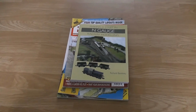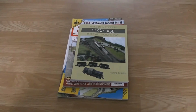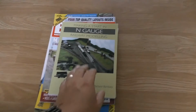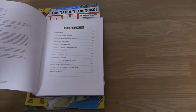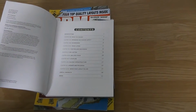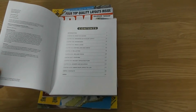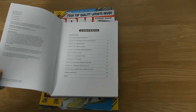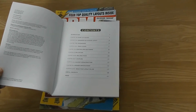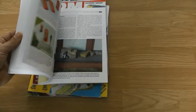The first one is the book you see here, which is Making a Start in N-Gauge Railway Modelling. It's an absolutely brilliant book, and it covers what is N-Gauge, designing an N-Gauge layout, baseboards, track laying, controllers and wiring, ballasting, rolling stock, couplers, railway infrastructure, scenery and buildings. Bring your layout to life, and it's full of useful information,